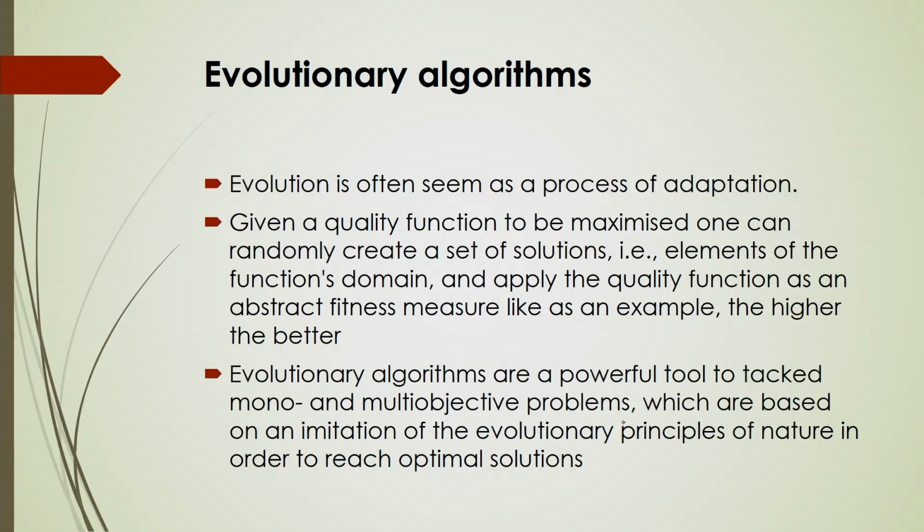That depends on the selection of the quality function that would be maximized by creating a set of solutions. The elements of the function domain and the quality function are selected based on the process criteria, and even the different variables that are involved in the particular processes for process